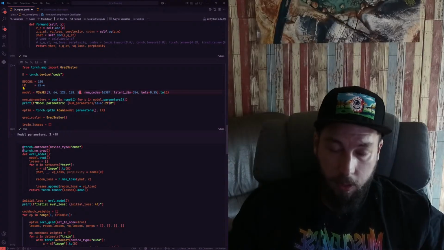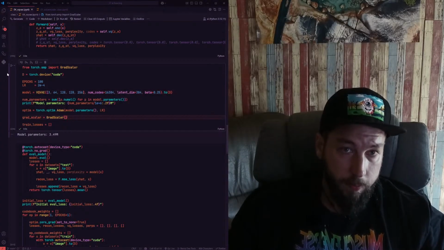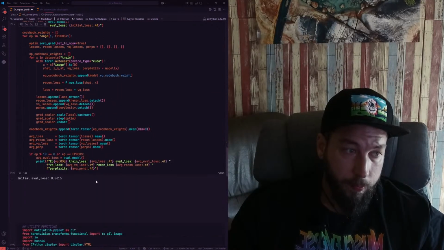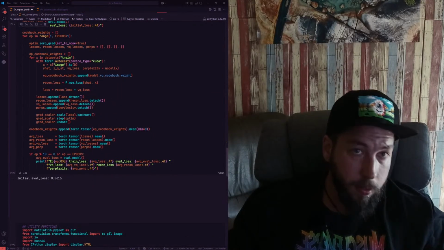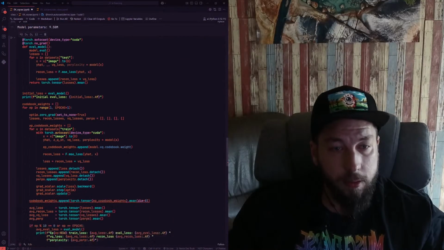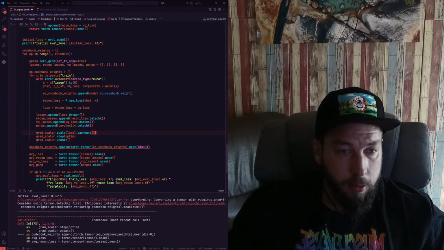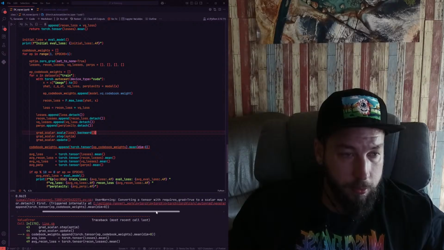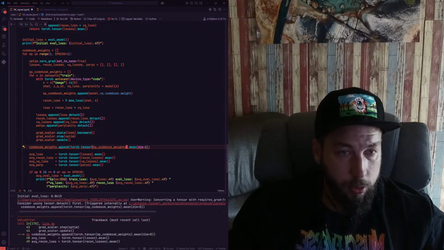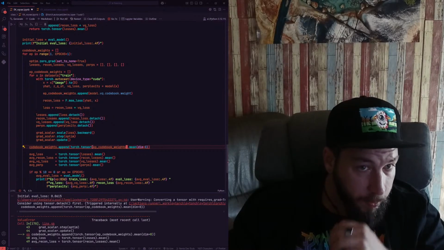Or I just up this, keep that. How many million parameters? That's 10 million. It doesn't like it. Converting it requires gradient to scalar. No. No, I want to